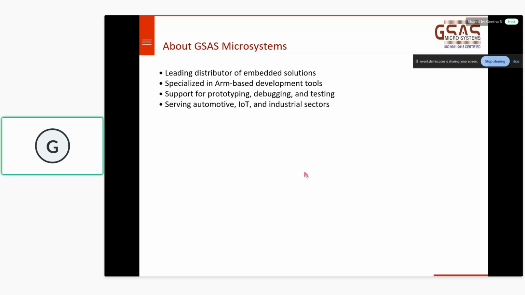Then with the ARM software solutions, it's not just the software license. We also give the boards, which are for prototyping and debugging. We have JTAG debuggers, which are used for testing purposes. These solutions are not only targeted for automotive, IoT and industrial, which are only a few that were captured, but they can also be used in medical, aerospace and railway applications. It can be used in any way.